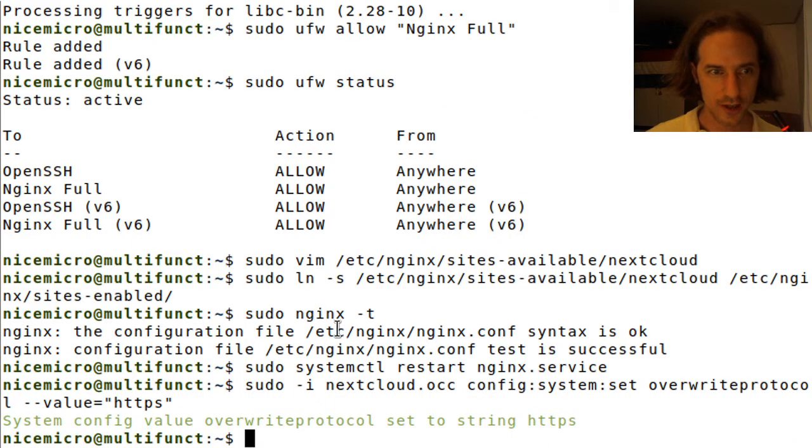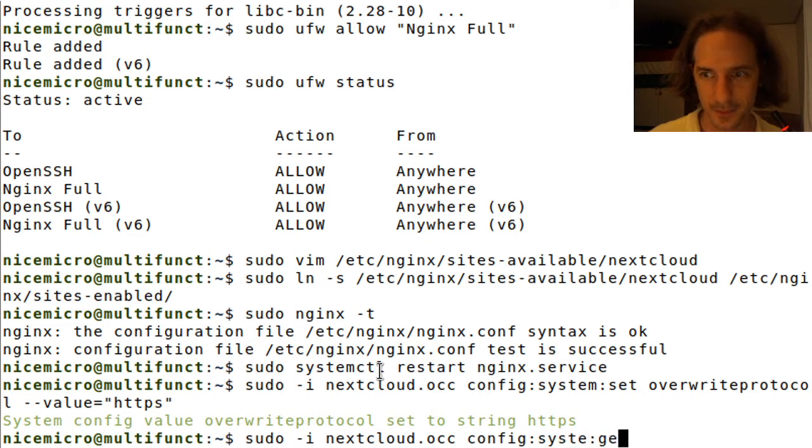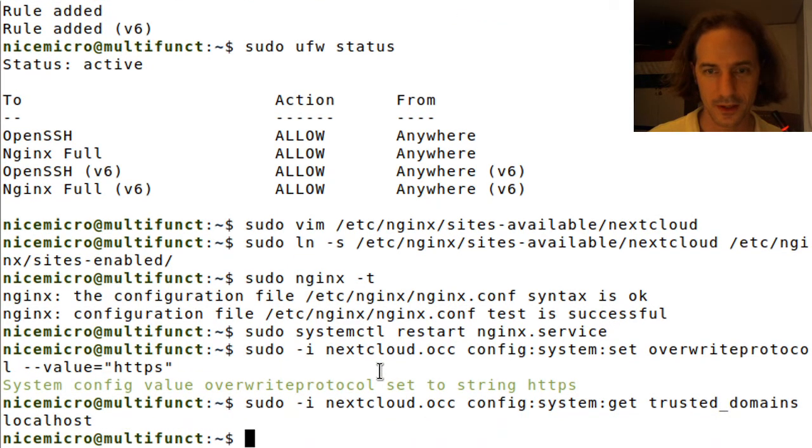So we can check that if we use sudo -i nextcloud.occ config system get trusted_domains. You can see it contains just one line, localhost, and we can add multiple lines if we have multiple domains. Maybe you are using some kind of longer domain and you are also using a shorter domain, so